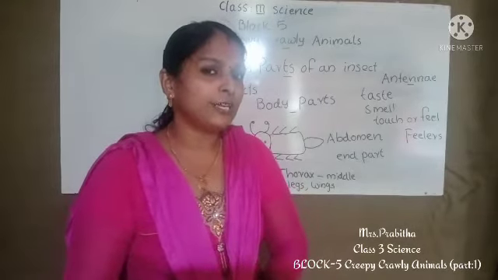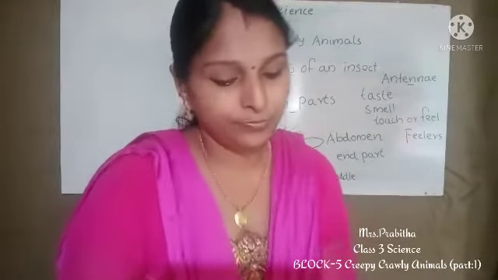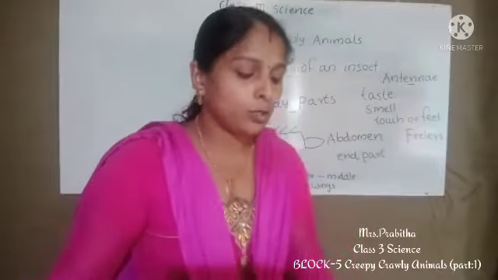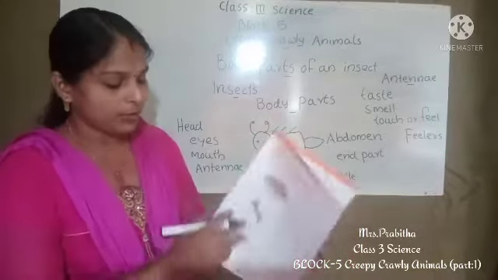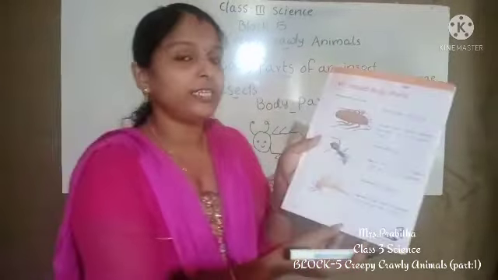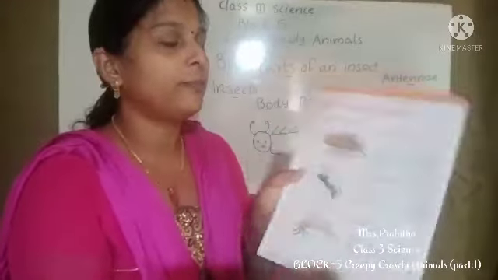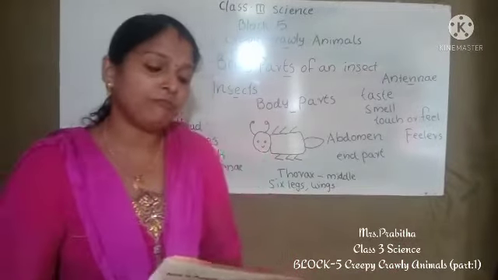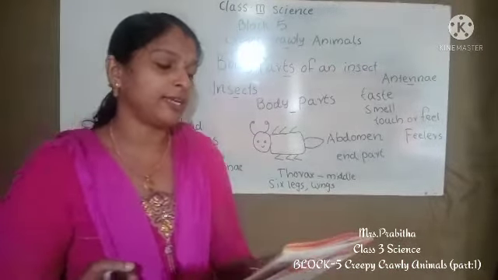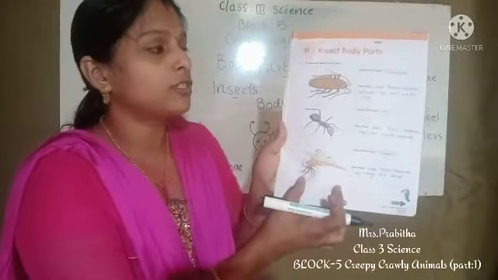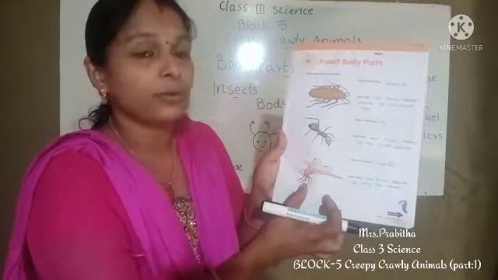Now everybody take your workbook. Okay, so in the workbook you can see page number 29. Everybody take it. Then everybody write the date at first. And the first question. The name of the lesson is insect body parts. So you can see some of the insects here in the textbook, the pictures of some insects.